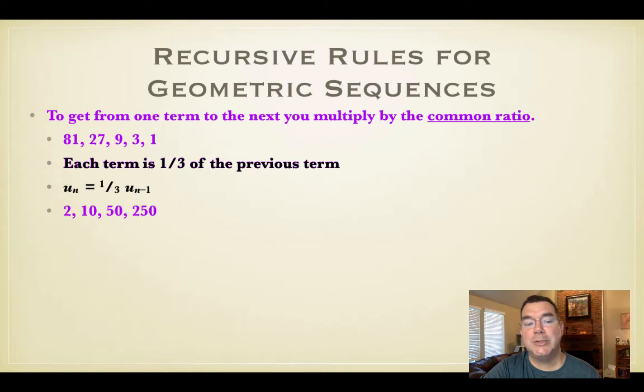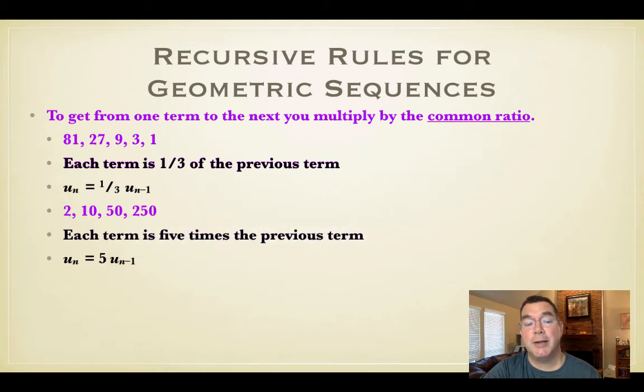Another example, 2, 10, 50, and 250. Each term is 5 times the previous term. That's how I think about it. So each term, un, is 5 times the previous term, un minus 1,